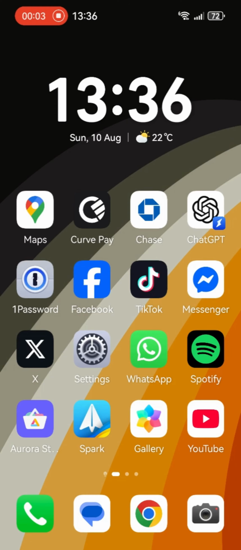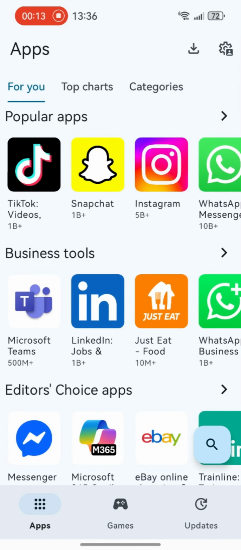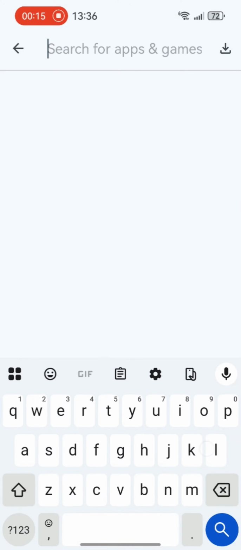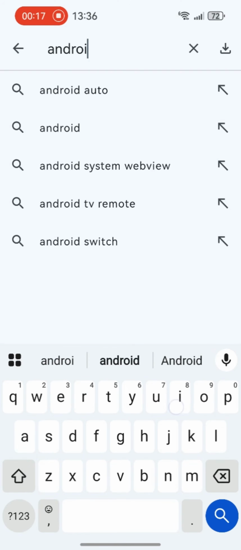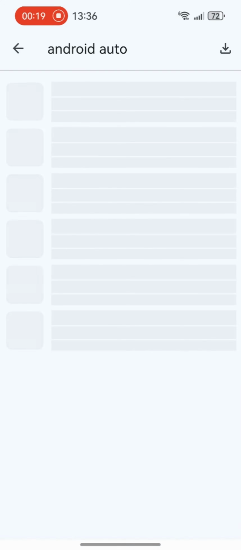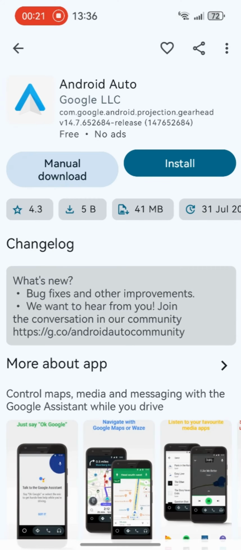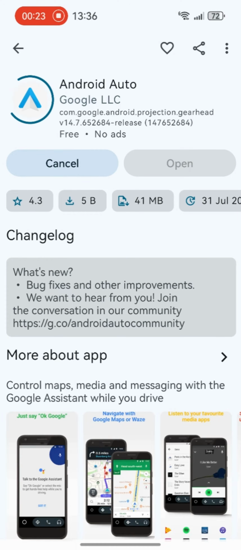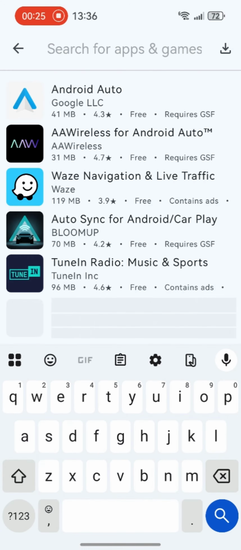Hi guys, so this is how you get Android Auto working on EMUI. This is the Pura 80 Ultra in this instance. So we're going to go to the Aurora Store and we're just going to type in Android Auto, hit download, install. While that's installing, you need to also get